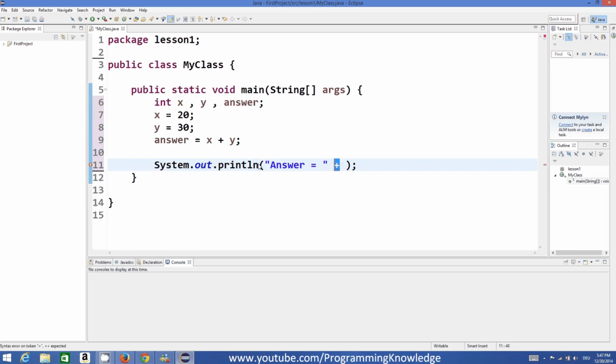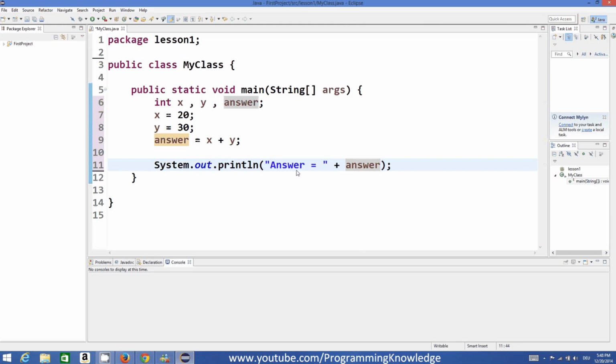When you use this plus in your print function, then this plus is called the concatenation operator. And this concatenation means that you want to add this string and this variable or value.